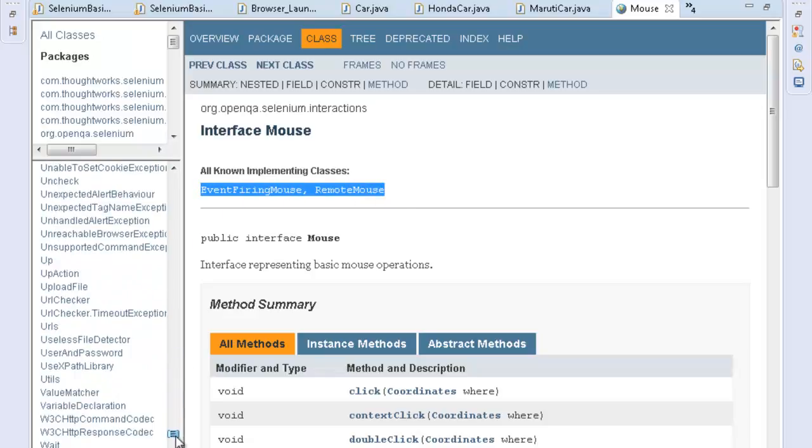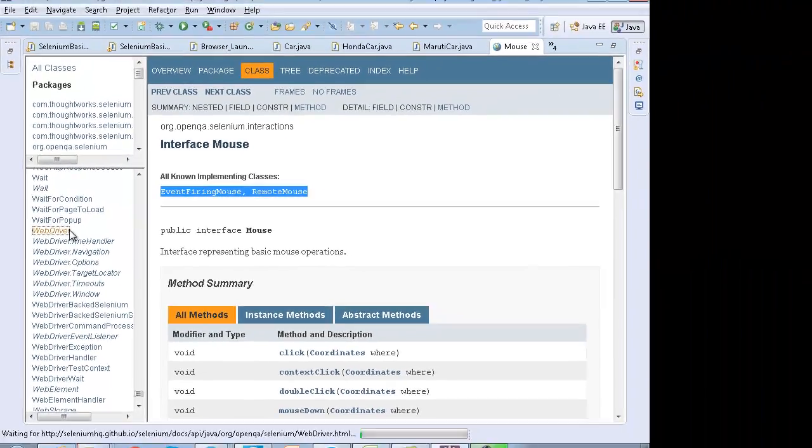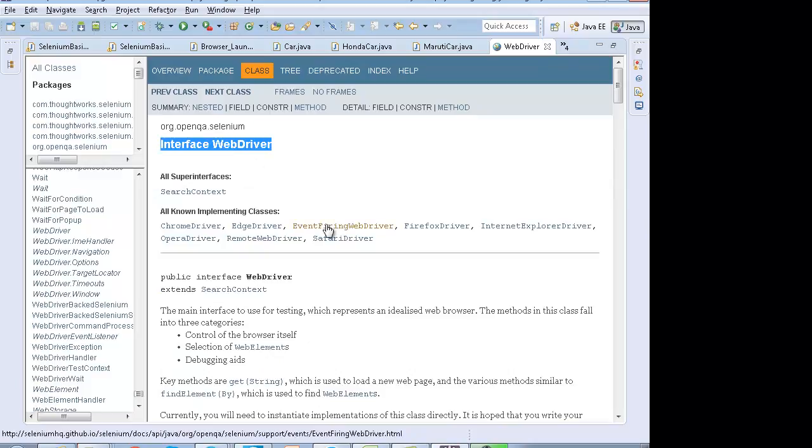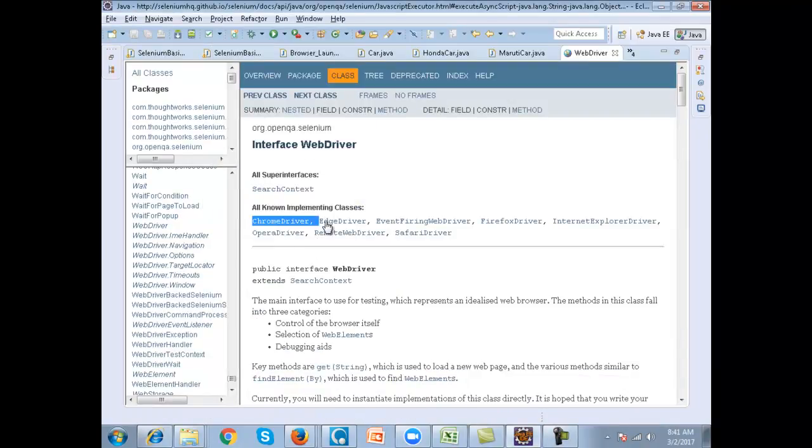Similarly, if you scroll down, you will see WebDriver. If you click on WebDriver, it is an interface. There is an interface known as WebDriver inside the documentation. This is the very basic interface, the starting point, and all the driver classes implement the WebDriver interface.